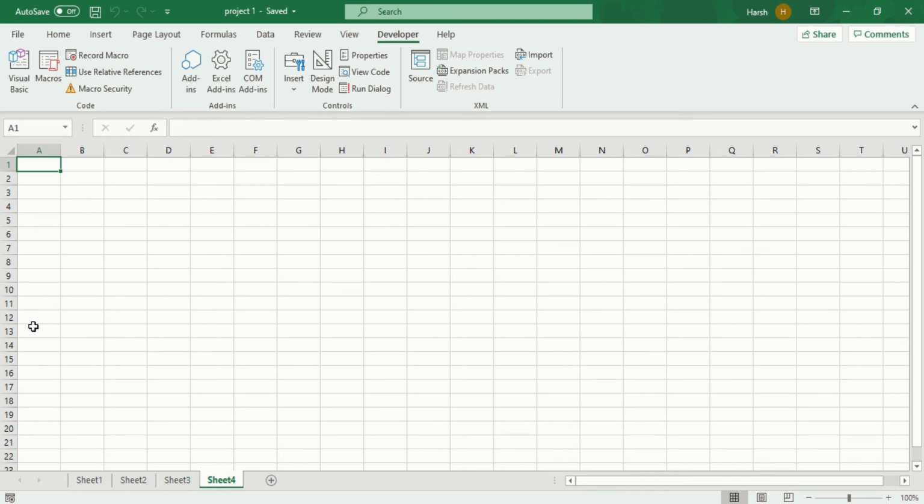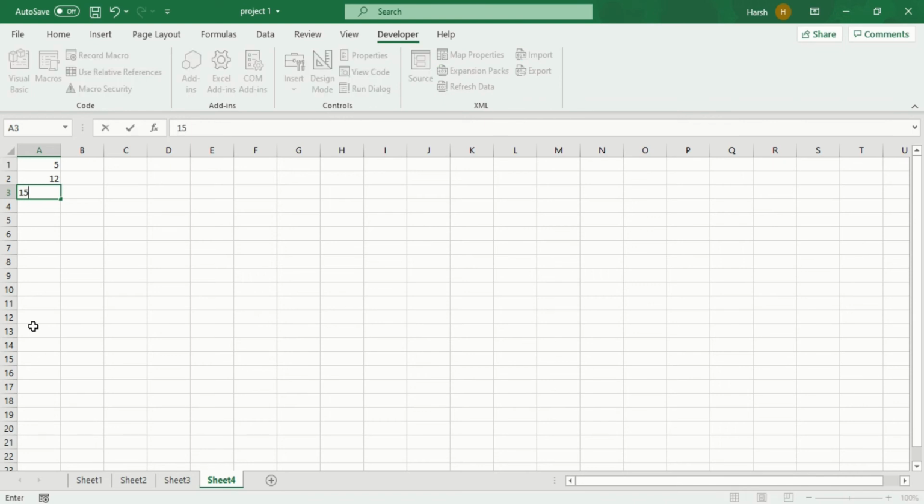Before going into the code, I will write certain values in here, like 5, 12. I am writing values that are above 10 or below 10. If it is above 10, it will change the background and make it red.